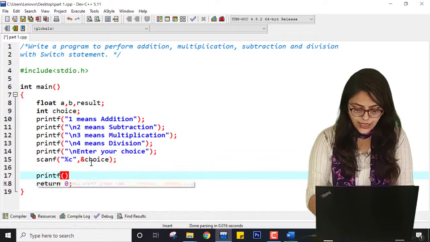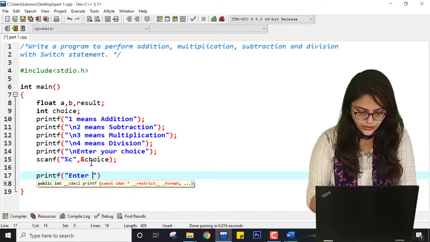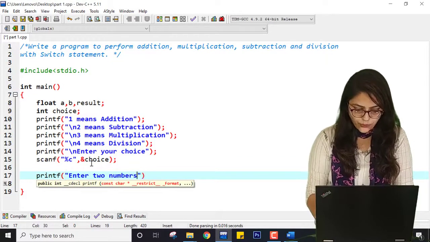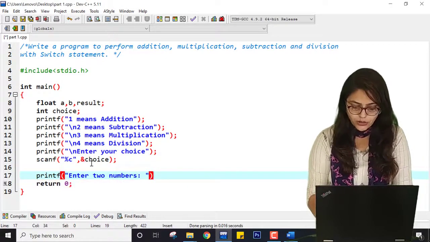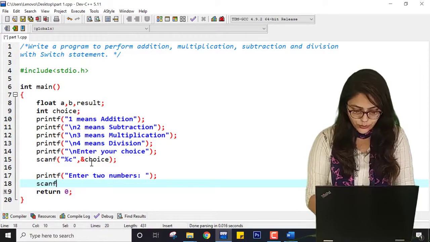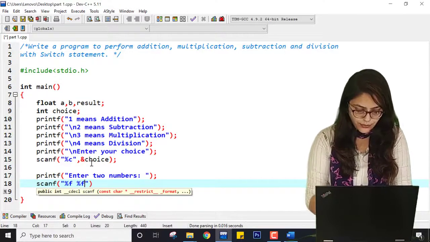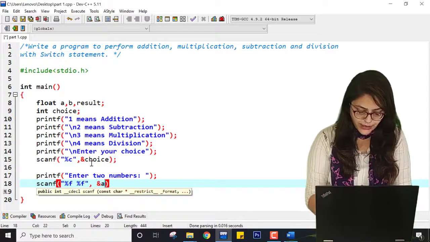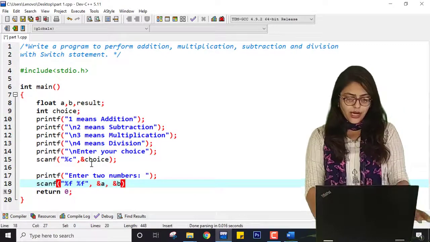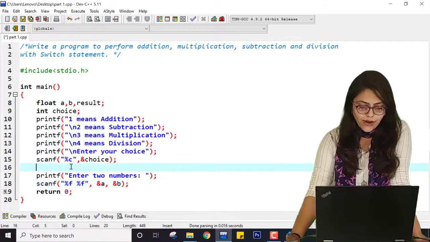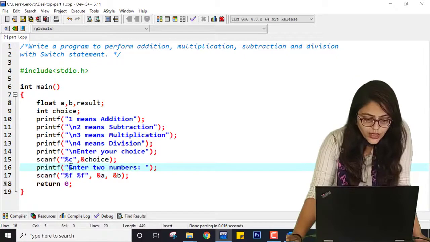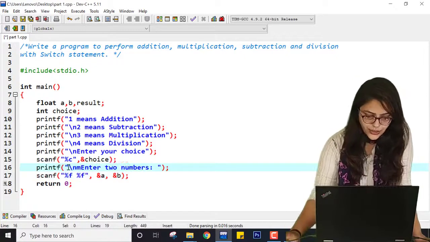Now I am telling the user to enter two numbers on which he or she wants to perform an operation, and here I am using scanf with %f because I have taken the data type as float, right? So this is the code to get values from the user. Now here let me write a newline.